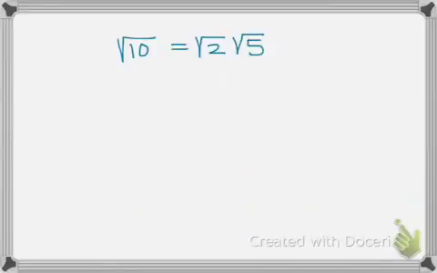Okay, so with radicals or square roots, we can say that the square root of 10 is the same as the square root of 2 times the square root of 5. To show that this is true, you can use a calculator, and you find that the square root of 10 is